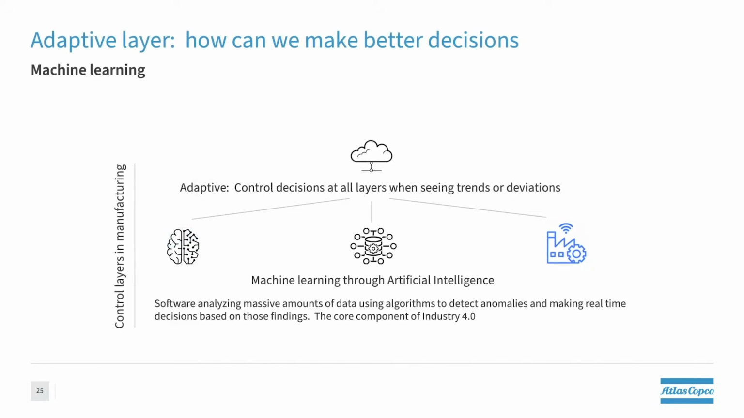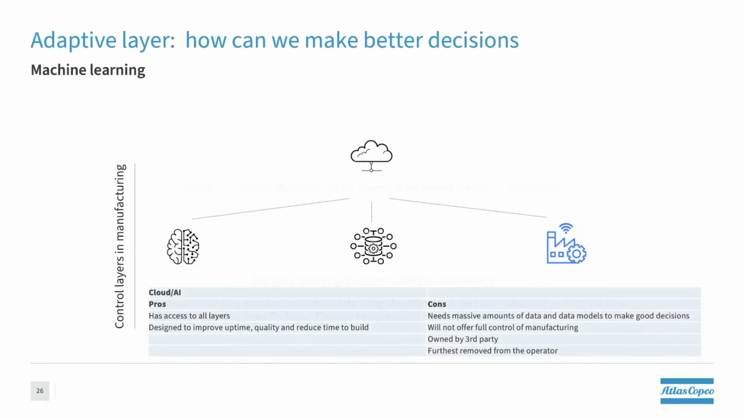It's safe to say that not many manufacturers are using the adaptive layer yet, likely less than 5%. And it's also safe to say that whoever implements this first and in the correct way will have and create a competitive advantage. Pros and cons of using AI in your plant: the pros being